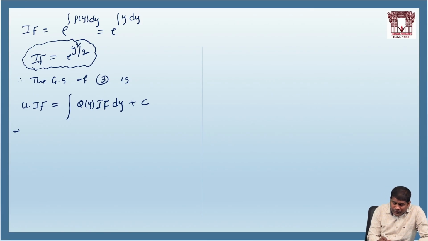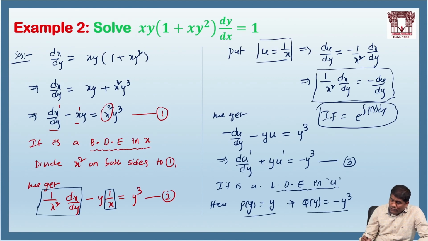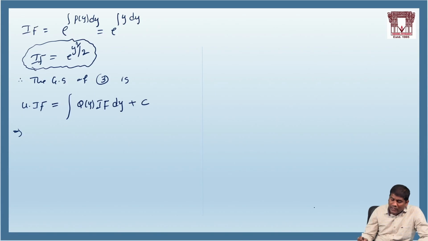Then we know what is the u here. U is 1 by x, q of y is minus y cube, and the integrating factor is e to the power y square divided by 2. We have to substitute those three quantities in this expression. U is 1 by x, integrating factor is e to the power y square divided by 2